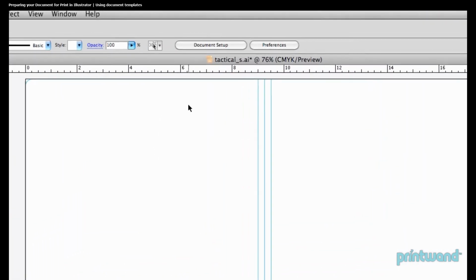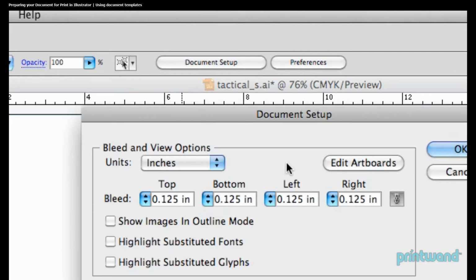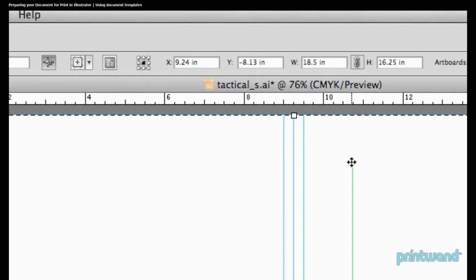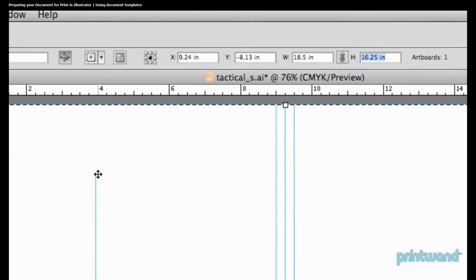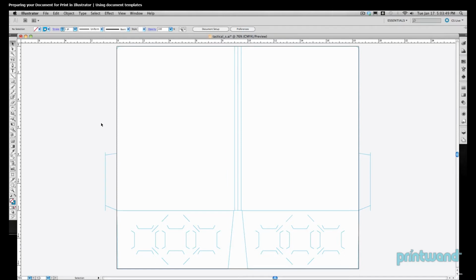So now let's click on the Document Setup button up here, just below our menu bar. And we're going to want to hit the Edit Artboards button in the top right of that menu. So we notice here what comes up is a document size of 18½ inches by 16¼ inches. And that's narrower than our template, but that's because of those tabs. So let's hit Escape, and we're going to exit out of our Document Setup view,